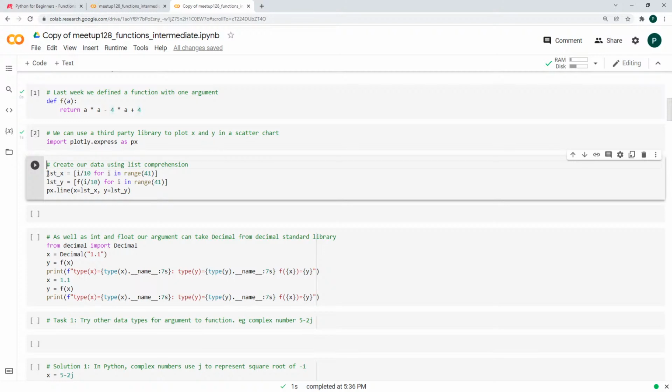Okay, so we're going to create two lists of data. You remember that a list in Python is enclosed with square brackets. So we're going to have a list of x values and a list of y values. We're going to use list comprehension to create these lists. The way that works is we have the value that we want to put in the list, and then we have a for loop that's going to give us that